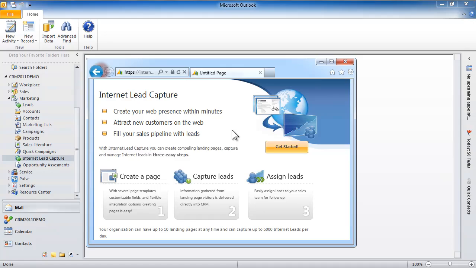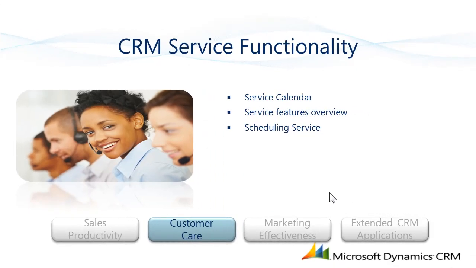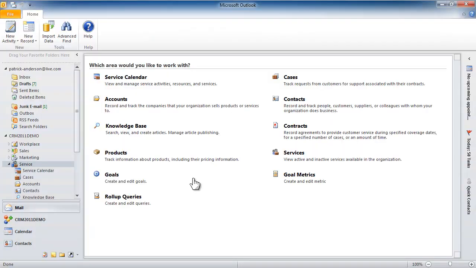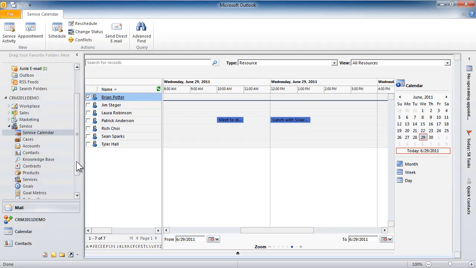Next, let's talk about service. Within service functionality, we'll look at the service calendar, an overview of the service features, and scheduling services. Within service, I have the concept of a service calendar where I can see activities going on with individual people. I can also manage cases, knowledge base articles, contracts, different services offered, and of course goals and metrics against those